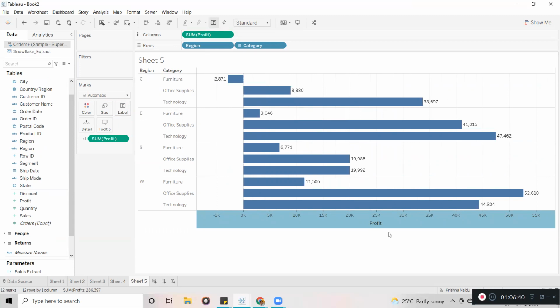Now for example, here we already have a profit. If I drag profit into size or colors, it is going to work perfectly, but labels only. I'm not getting how we can achieve that one. Actually, measures also we will duplicate, guys, depending on requirements, but I am not getting the exact requirement now.